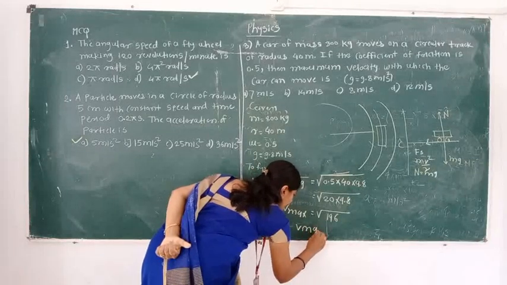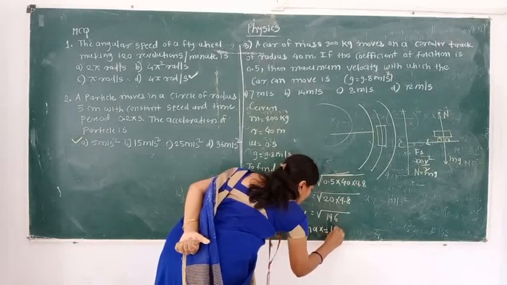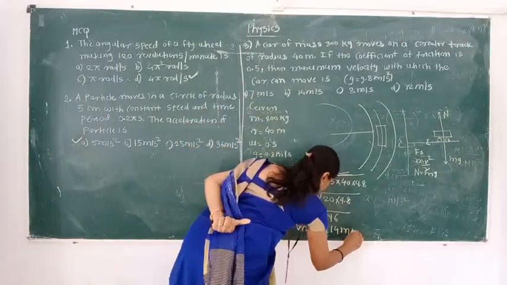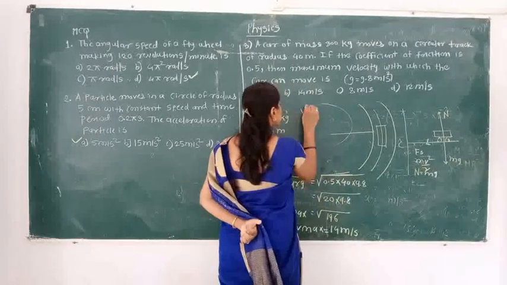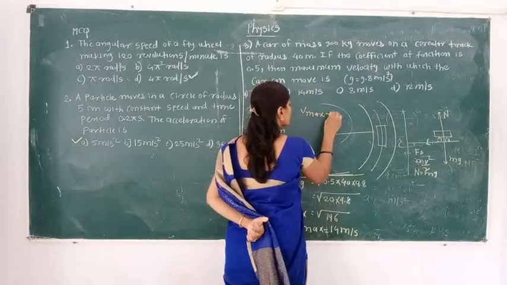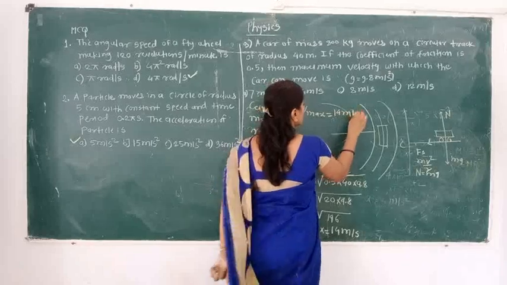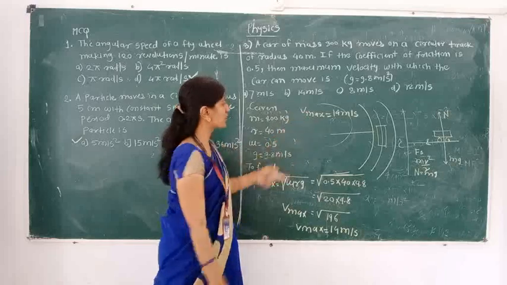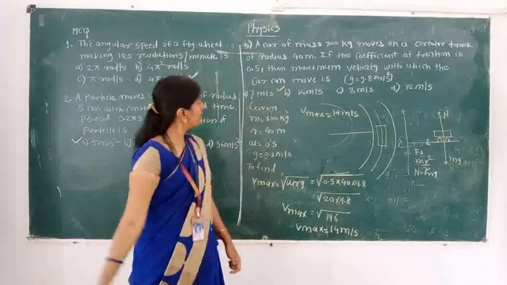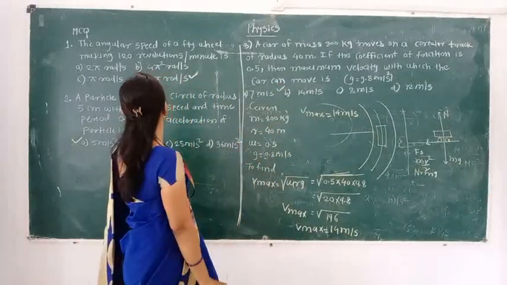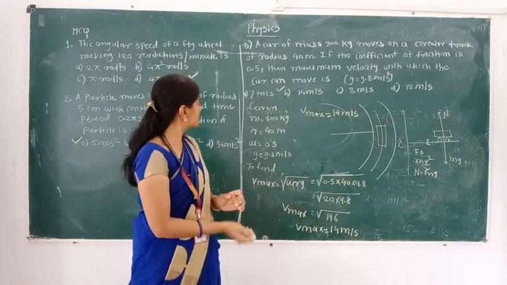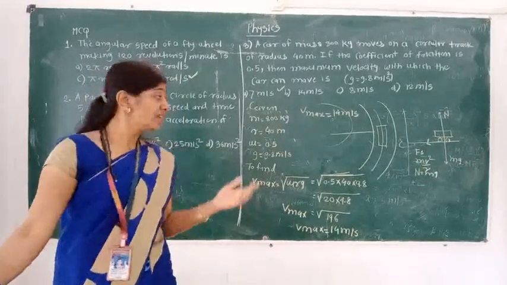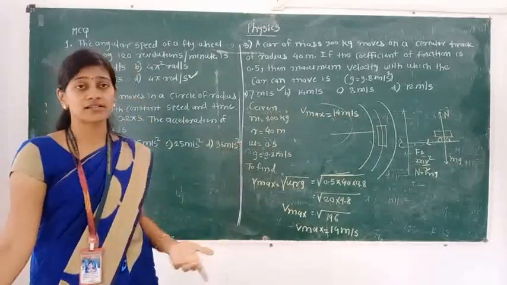v max is equal to 14 meter per second. So here we are getting the value. It is the maximum speed of a car that is traveling on a circular path. Such way we are getting this value. This is the last. So such way we have completed in this lecture our 3 MCQs and the remaining 8 MCQs of the textbook. Now we will stop here. Next MCQ we will learn in the next video. Thank you.